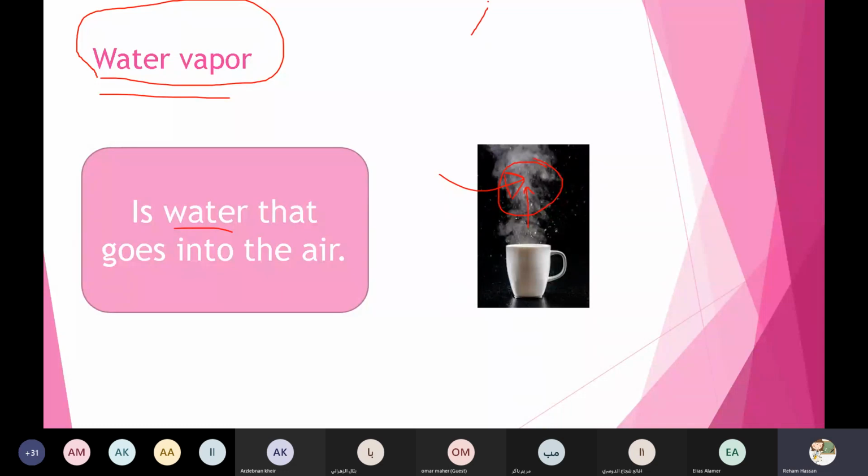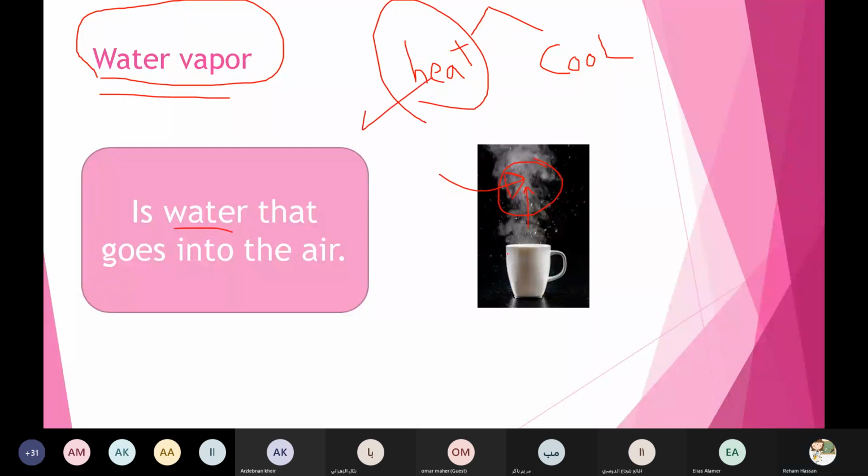I will give you this, okay? We can heat the water or cool the water to give us the gas, or to change it to water vapor. So heat or cold? Heat the water. Yeah, we must heat the water. Amazing. Thanks a lot. So we must heat up this water to give us the water vapor, like this cup of boiling water or a cup of tea.